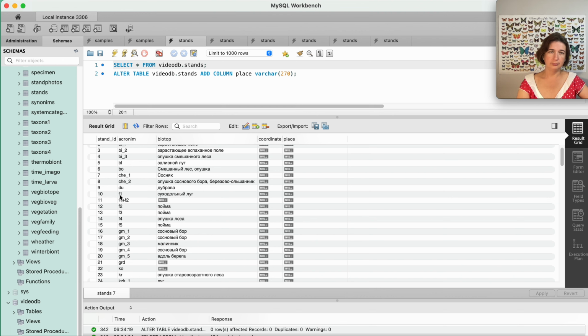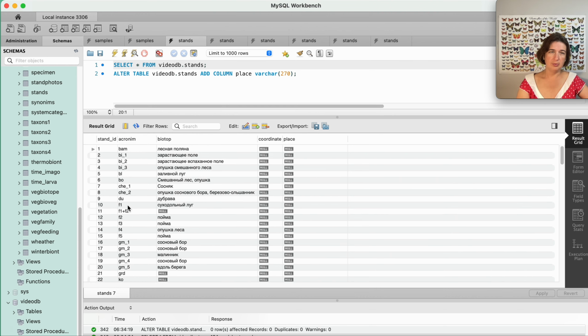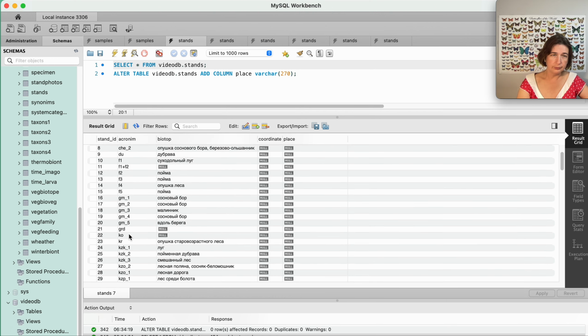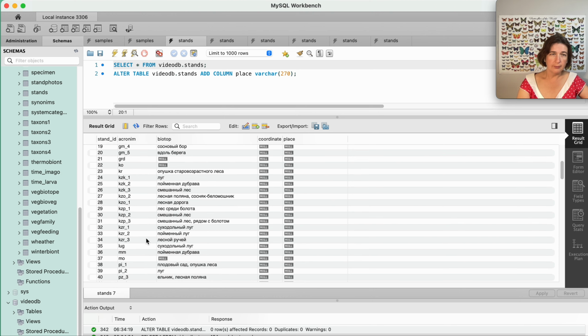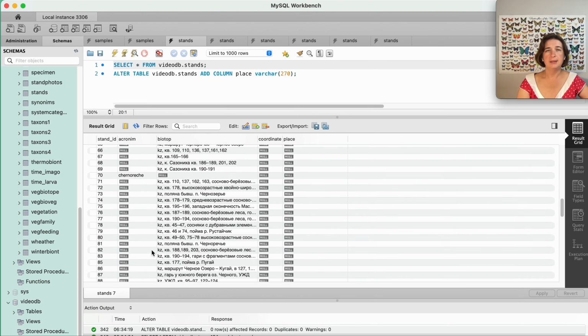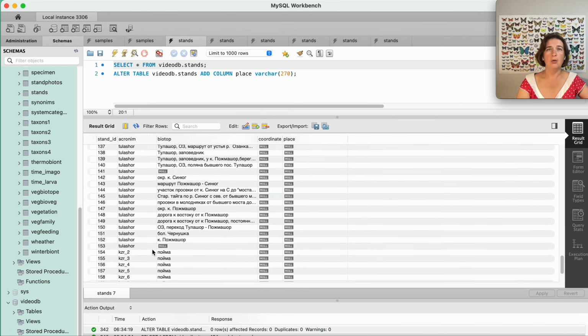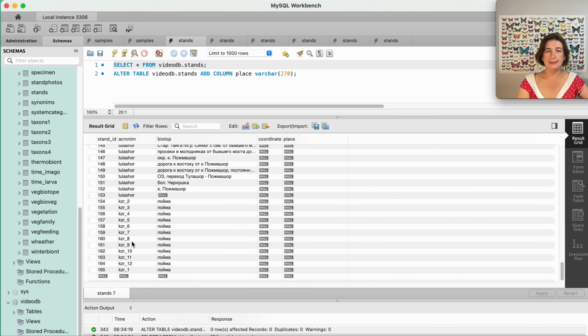KZR in the beginning means Chernarechia. But in the end of this list, KZR means village Rustai.